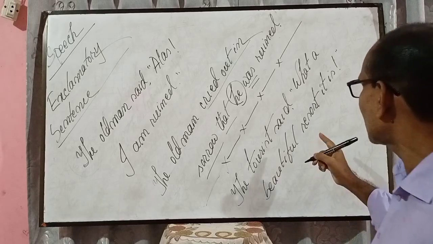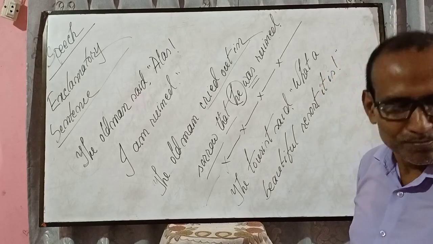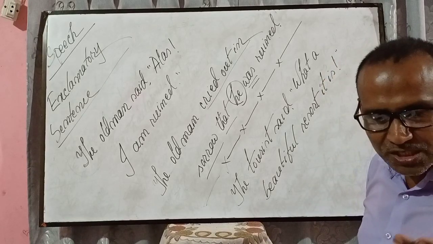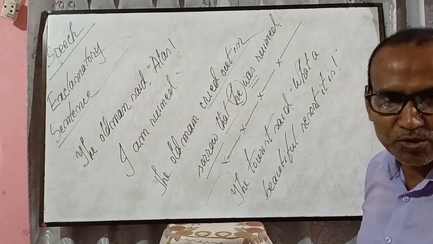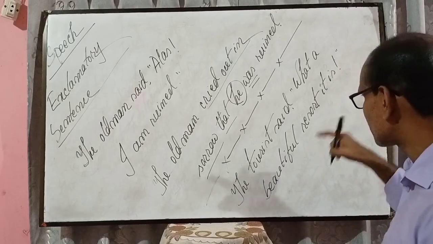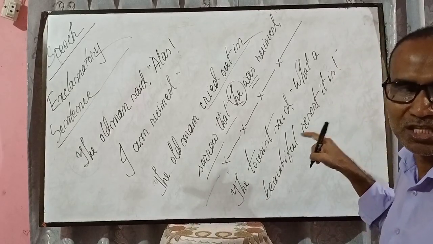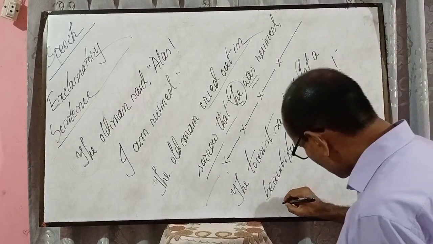Tourist বলল, আরে বাবা কি চমৎকার রিসোর্ট. পরিষ্কার টুরিস্ট দেখেছেন এবং উনি ইমপ্রেসড, খুব আনন্দে এই কথাটা বলছেন যে চমৎকার রিসোর্ট. যদি আনন্দটাই প্রকাশ করে থাকেন টুরিস্ট তার কথার মাধ্যমে, তাহলে এভাবে বলি আমরা,